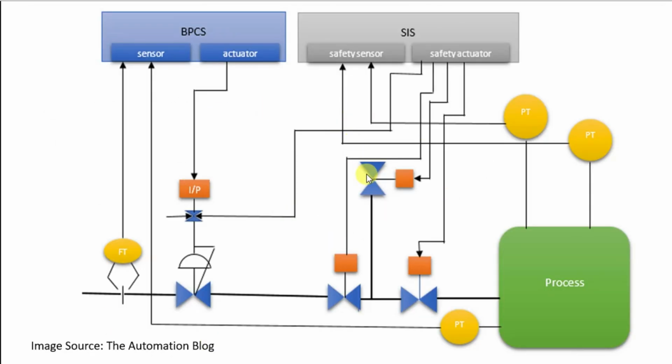So this is a similar one, showing a different P&ID, process and piping and instrumentation diagram. It's a part of a vessel. Again, you can consider this process like a chemical tank which has a pressure measurement sensor, a pressure transmitter, and these signals are going to the safety sensors. This has two sensors going to the safety instrumented system, and another pressure transmitter is being used to do the measurement, and this signal is going to the basic process control system, and it also has